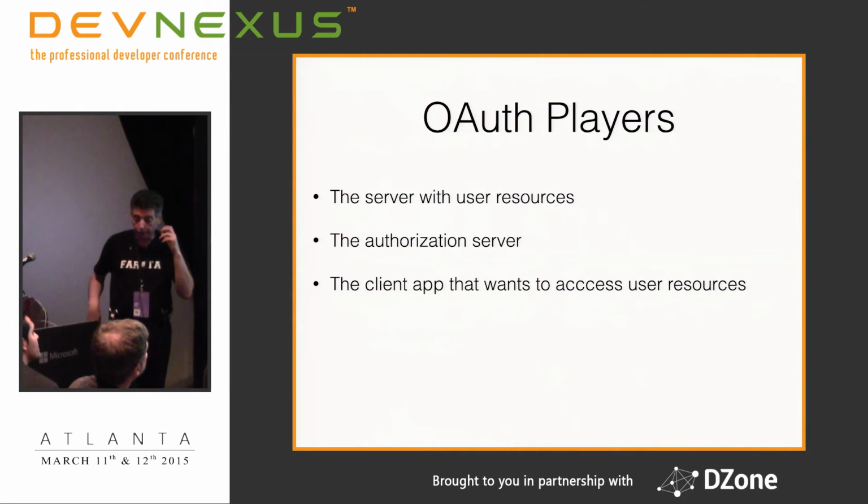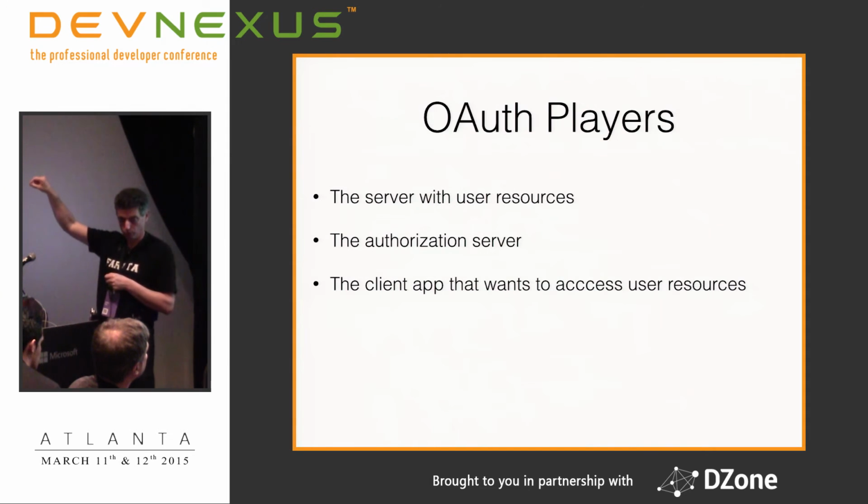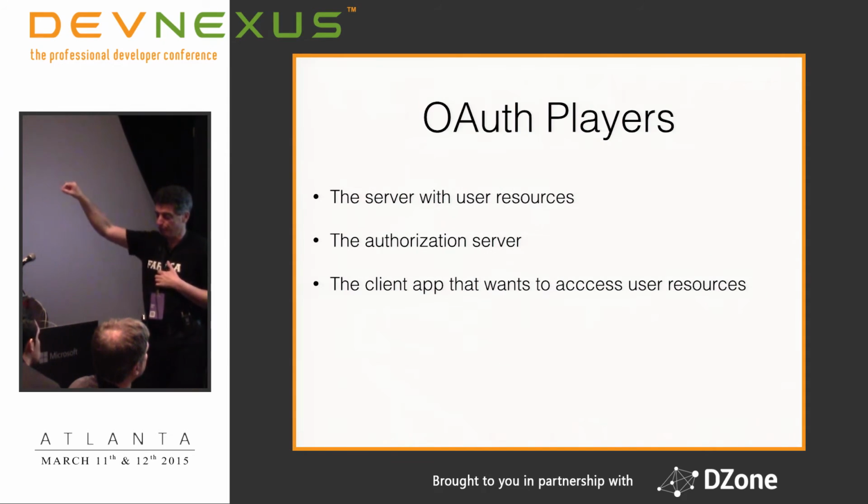So, in OAuth, there are these players. There is a server with resources, for example, your application that you like, which has a button. Do you want to log on with Facebook? If you say yes, it means that you want to use Facebook to authorize you with this application. Again, you're connecting to application A, but Facebook will authorize you. How can this work in general? There should be an agreement between your application that you wrote and Facebook that we want to use their authorization server.